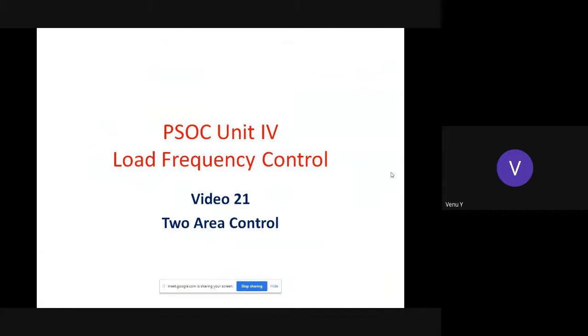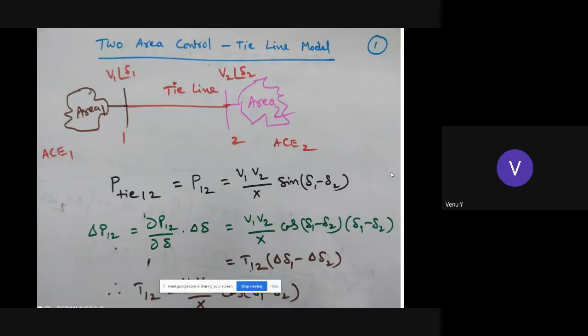In the last class, we started the load frequency control of two areas. In two-area control, the most important and interesting component is the tie line control. So let us go for the tie line only, in which area 1 and area 2 are both connected with the help of a tie line. It is an AC tie, and the tie line power is P tie equal to P12, which is equal to the product of voltages over the reactance offered by the tie line